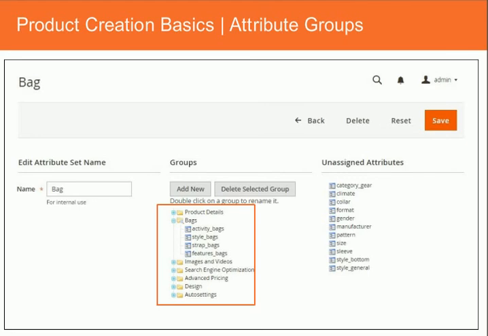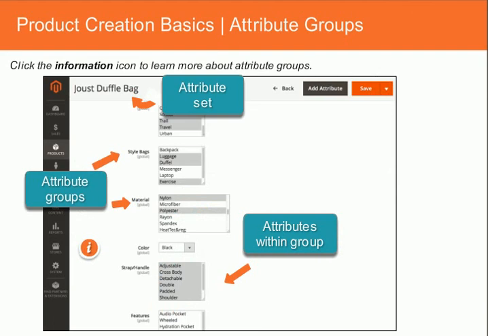Attributes in an attribute set are organized into groups, which are represented by folders in the center column. Note the second attribute group, Bags, shown on this slide. Each attribute group corresponds to one of the fields on a product record page. Note that the attributes within this highlighted Bags tab match up with those within the Bags attribute group. Click the Next button to see a demo on creating product attributes, attribute sets, and attribute